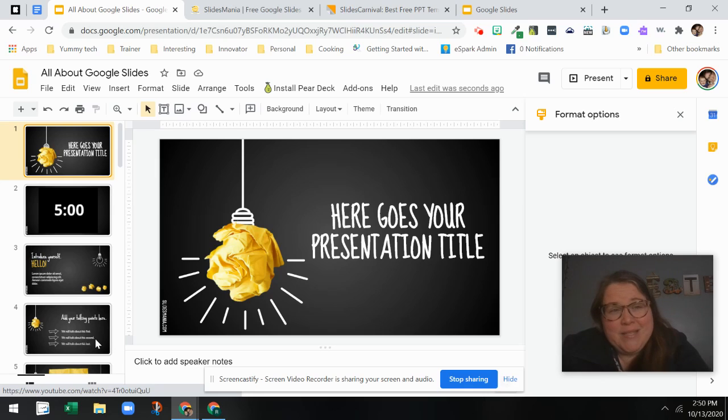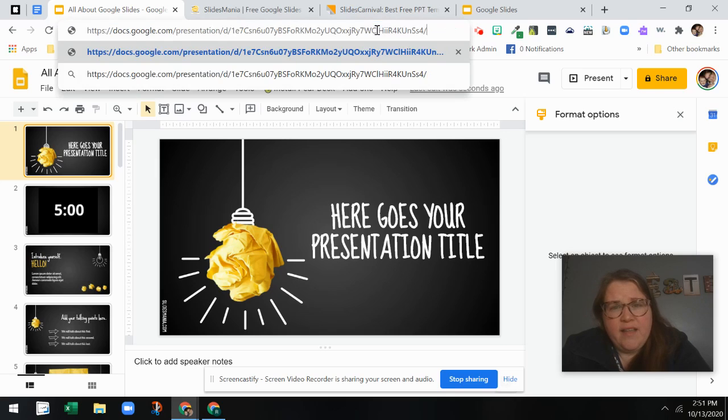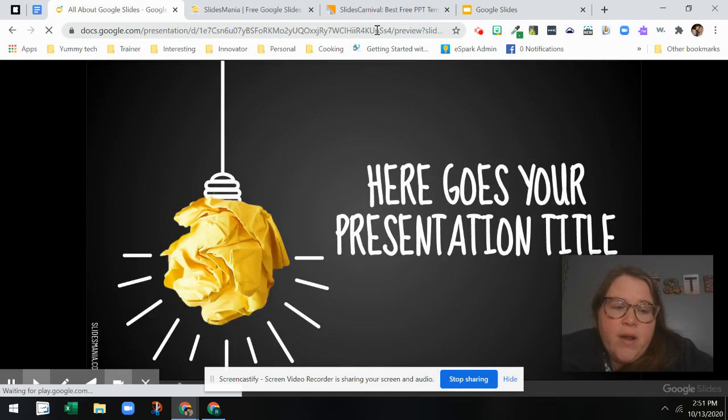So what I like to do is a quick modification to the URL so that the present mode is actually in preview mode. And to do this, I'm going to come up to where it has the URL up at the top, and I'll see that the URL ends with the /edit #slide ID. I'm going to delete everything after that URL, the /. So I'm going to delete edit and everything afterward. And I'm going to type in preview. When I click enter, now it will go into a presentation mode of my slides presentation, except this time you'll